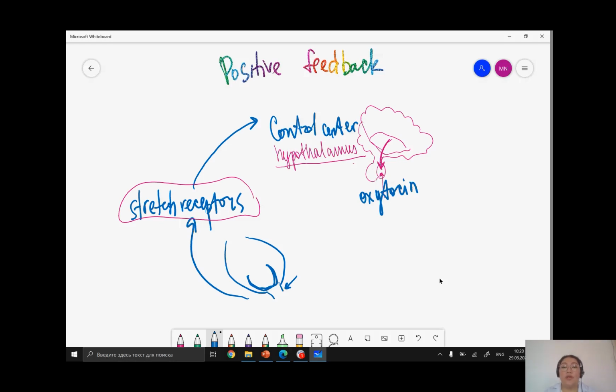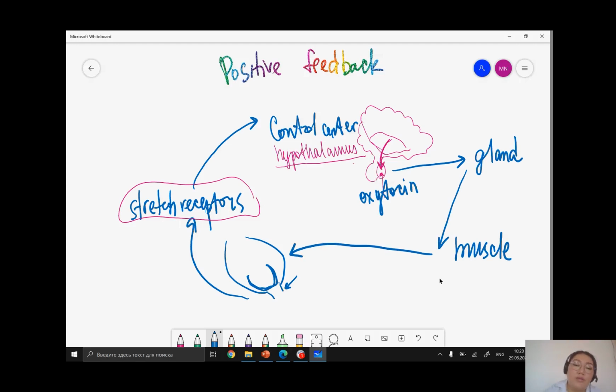So in our positive feedback loop, you have the effector as a gland, and then the effector as muscle. Muscle of what? Muscle of the uterus. By the action of oxytocin, the muscle of the uterus will be contracted more